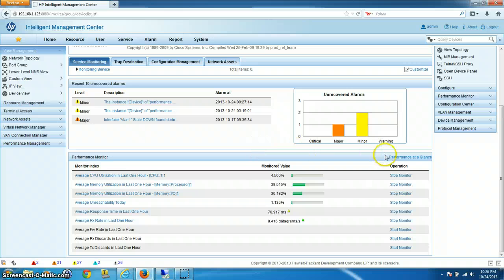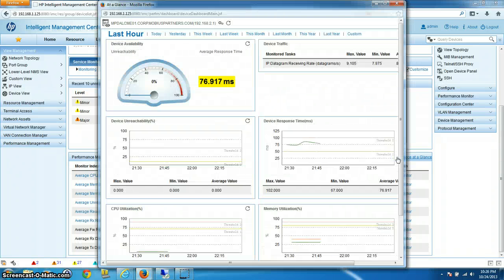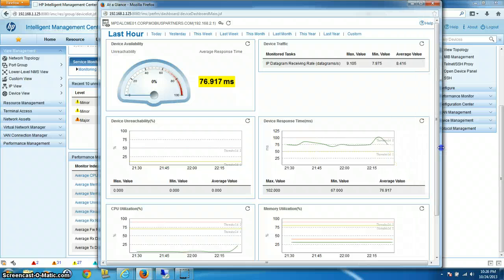So this is the performance monitor, performance at a glance. Notice when the box populates and pops up, nice little dashboard. This is pretty useful. If you have devices that you know are problematic, or if you've been having a problem with certain devices in specific areas, you may want to customize this little baby dashboard here and put the information you want in there. If I were to click on the gears,